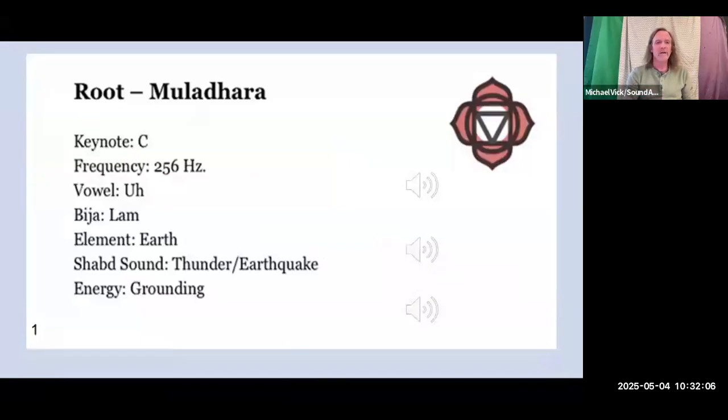I hope you can now. But it gives the basic notes that go along with it. And I know Johnny liked the vowel, but it gives the element and the sound it's associated with and the energy. It's a grounding frequency, it says. And the bija is referring to the essence of where it comes from. So you'll see that